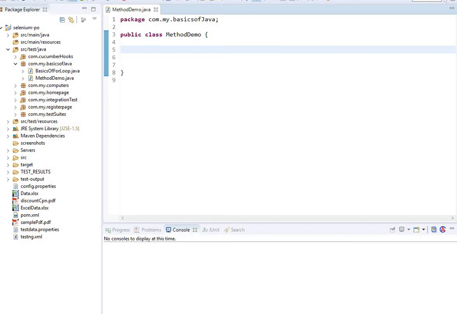Let's go through some examples, so that will explain it much better. At the end of this lesson, I expect that you will have a good understanding of the purpose of methods, why you create them, and how you create them. So I see here public